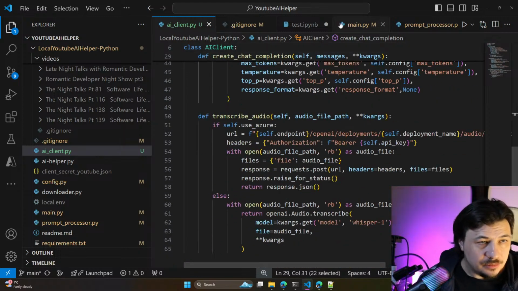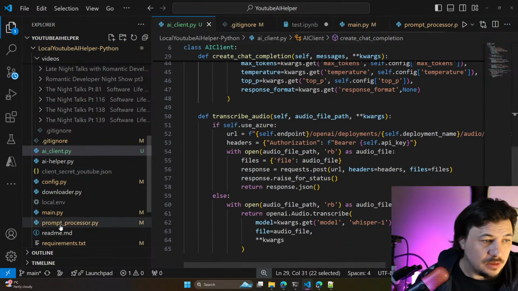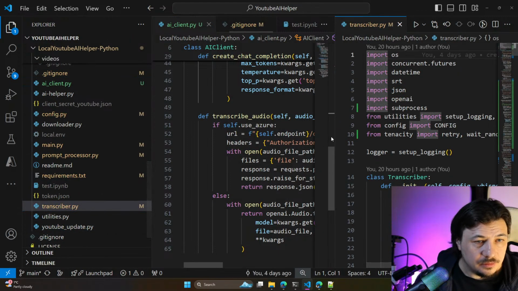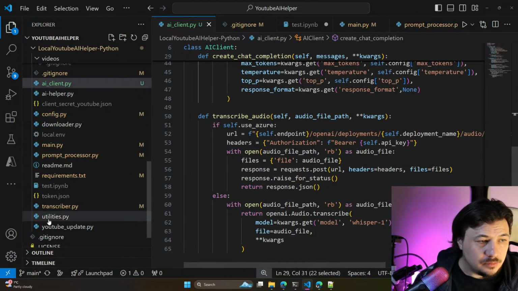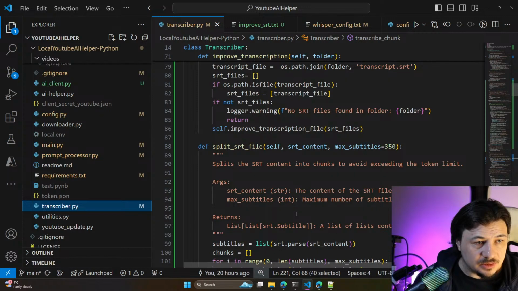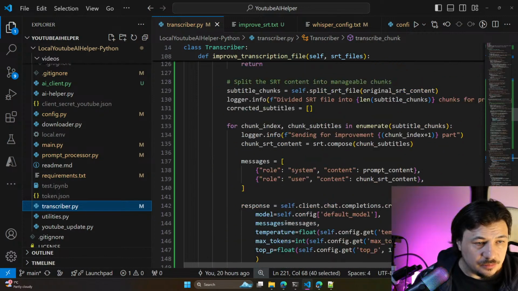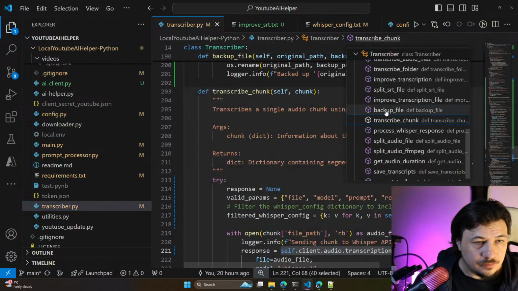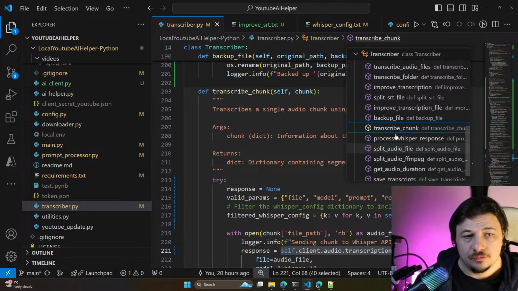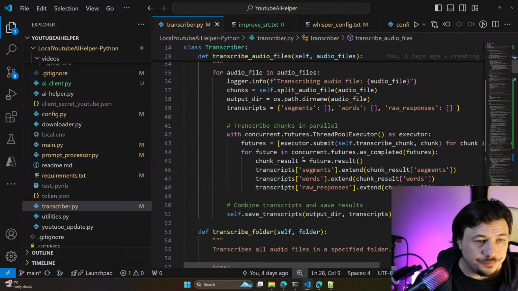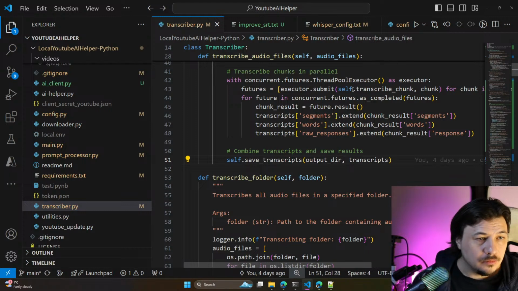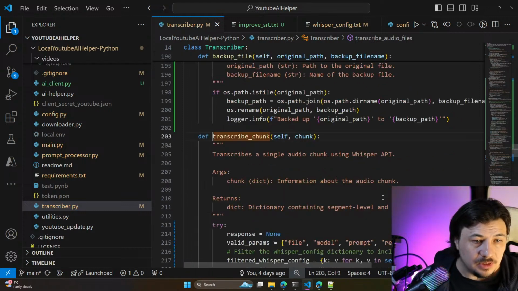Transcribe audio. Let's see what the transcriber would be. And to transcribe audio, we need to transcribe chunk. Okay.